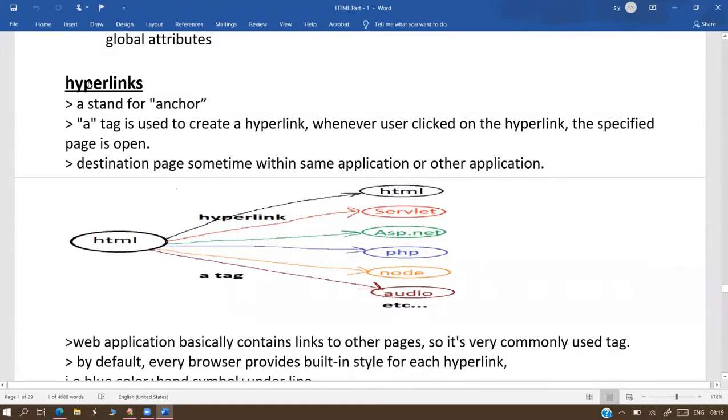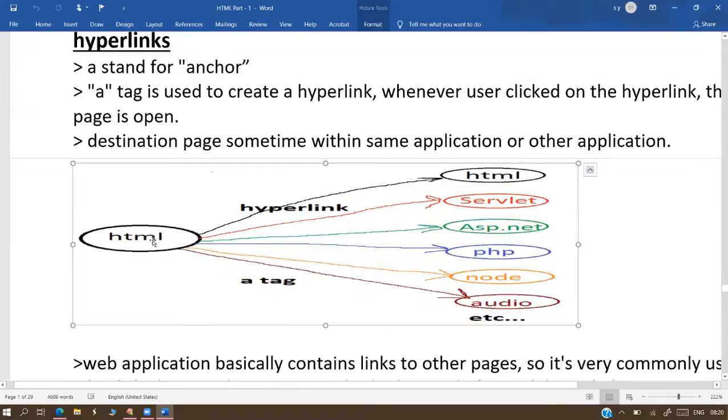Working with hyperlinks. Once you observe this diagram here, we are calling one web page from another web page. Hyperlink means navigation. Hyperlink is nothing but a navigation, moving from one place to another place in our website.